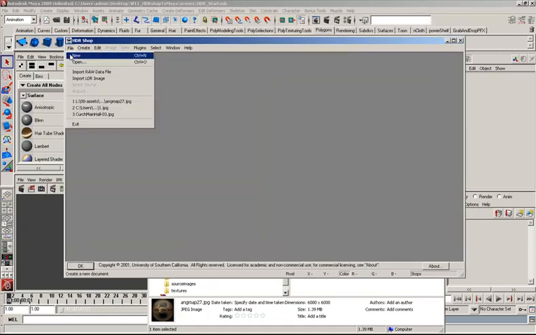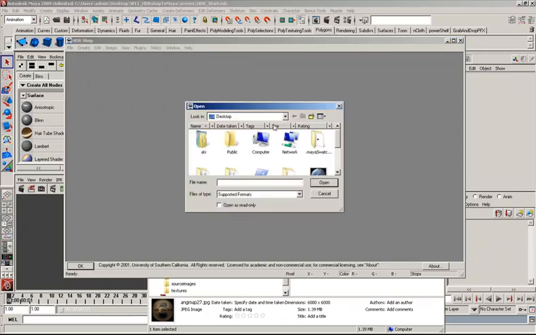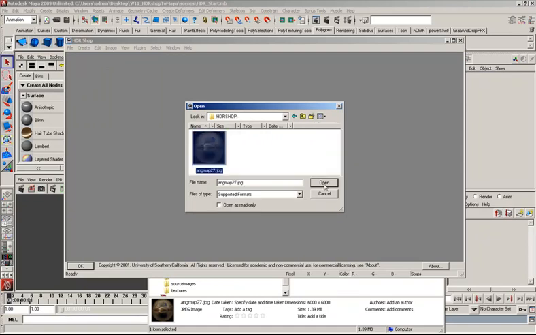What you can do is open, so I'm just going to import. There are two types of images, LDR and HDR. LDR means low dynamic range, HDR means high dynamic range. High dynamic range has a floating point, so that means you have a lot of bits. LDR would be something like a JPEG, which doesn't have that extra amount of bits. If you want to open, you can either import or just open. I'm just going to hit open, go into my main folder, where I made a folder called HDR Shop, and here's that mirror ball